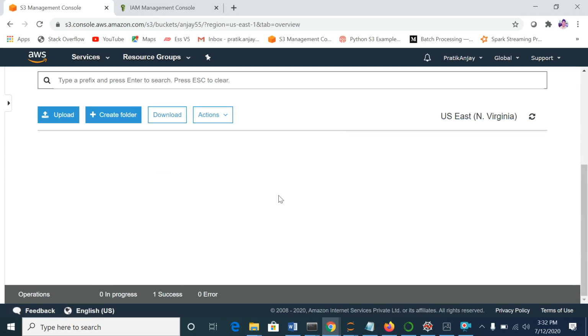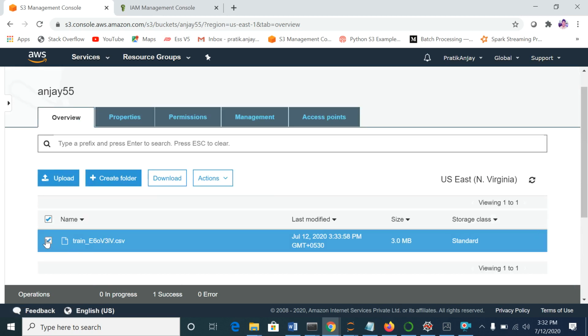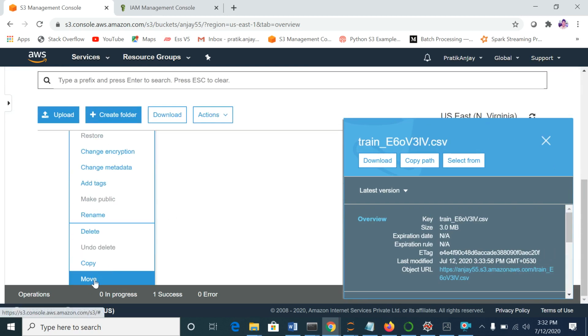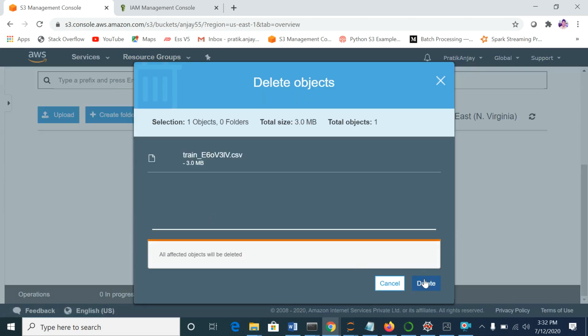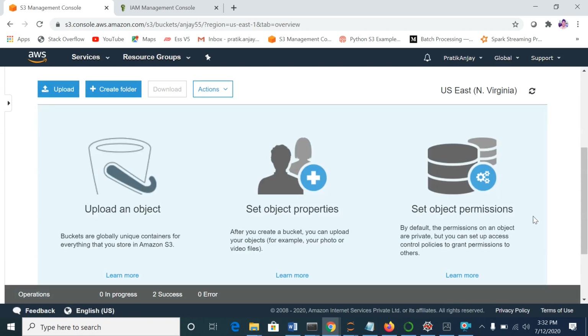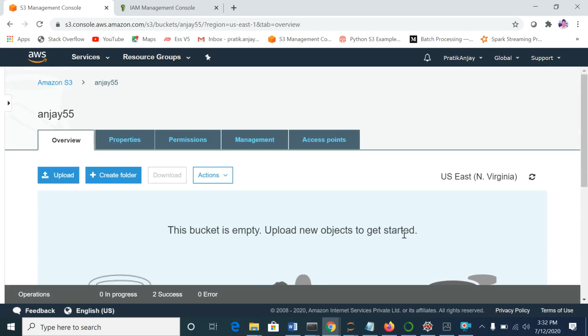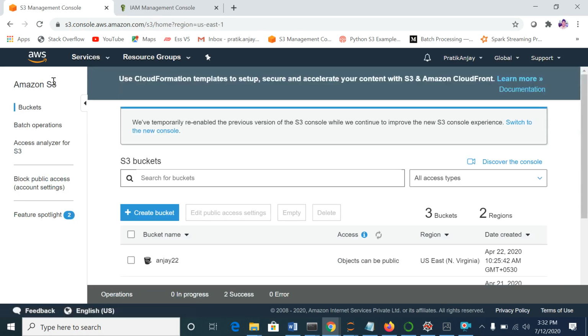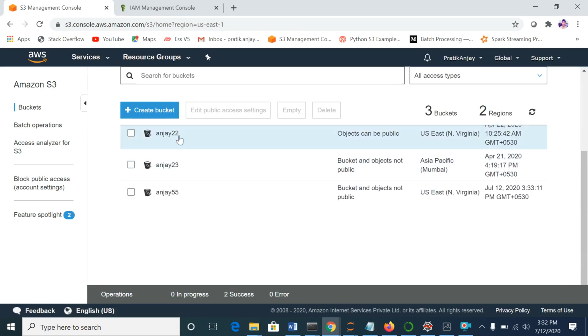So we have uploaded a file. Now we are going to delete this file. Just click on delete, and your file is deleted. It is not available now here. Again, I will go to my Amazon S3 page, and I see my Anjay 55 bucket is available.